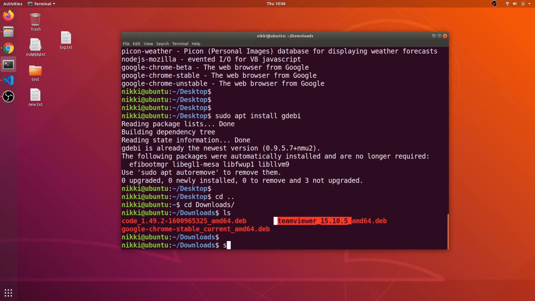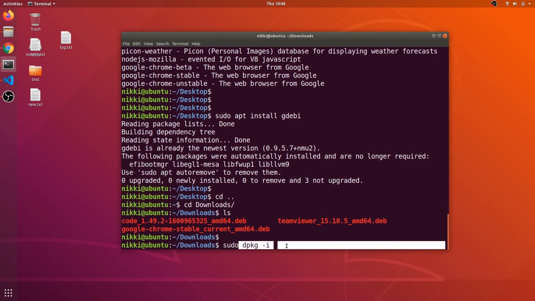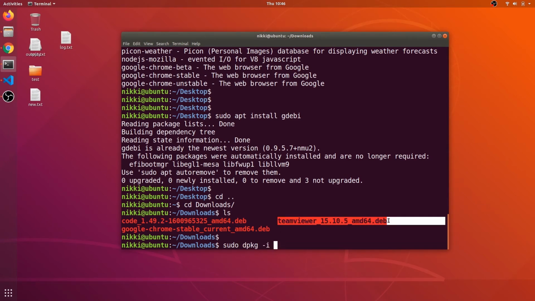Now one way to install this deb package is sudo dpkg -i and the deb package name. This dpkg is the Debian package manager, and it will install the specified deb file. But the disadvantage of dpkg is that it does not install the required dependencies or libraries of this software.